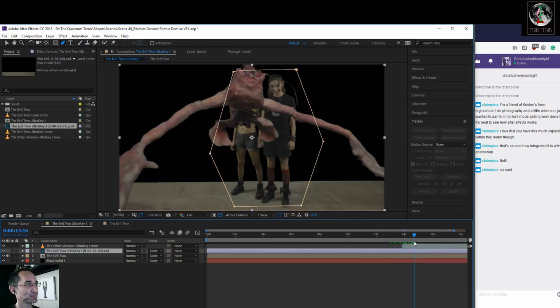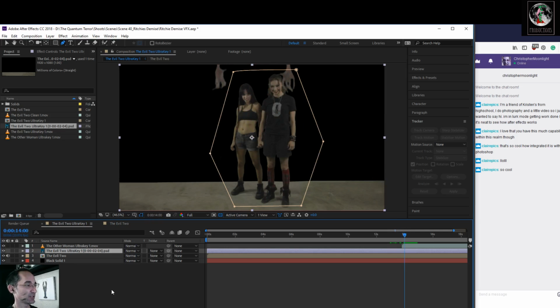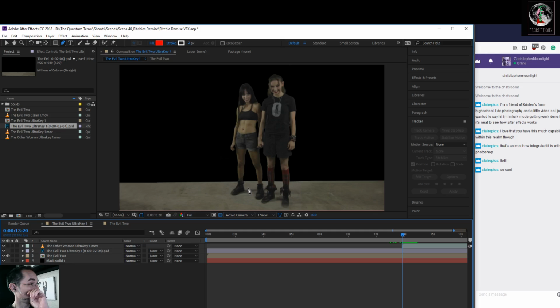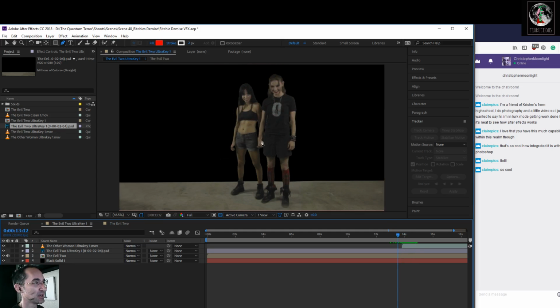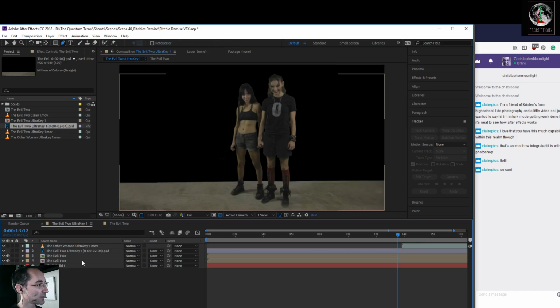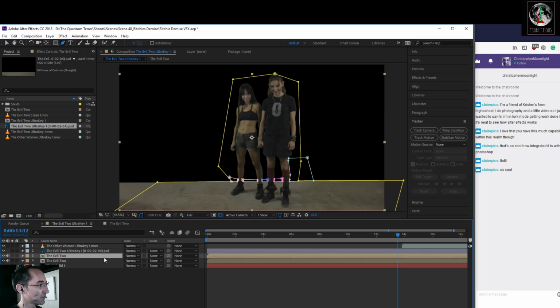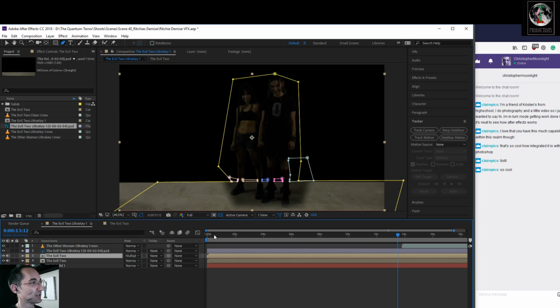So, the next thing I want to do is get Kristen and Paula looking like they're actually standing in the dark. We'll work on making it look more real in another installment and adding some other elements. But for the most part, we're just going to say that they're in the dark. So I'm going to duplicate their layer, Control D, and we're going to try some blend modes here.